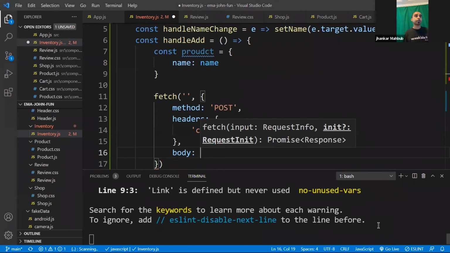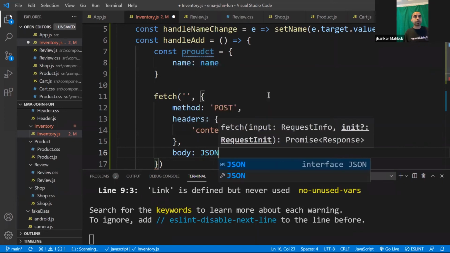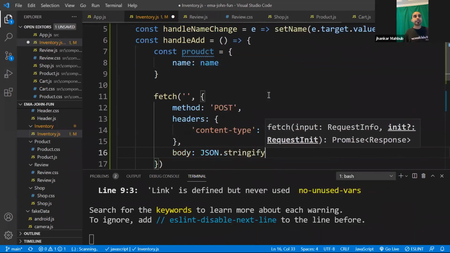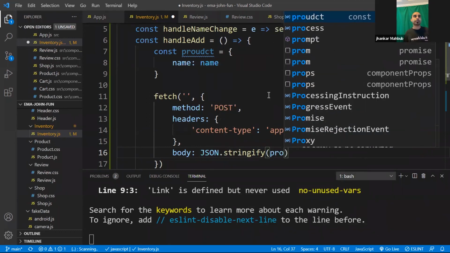What is the information? Right now, this would be the product. You will not send exactly the product; rather, you will convert it to a string. That's why you will call JSON.stringify, which converts any JavaScript object to a string, and you will pass the product.